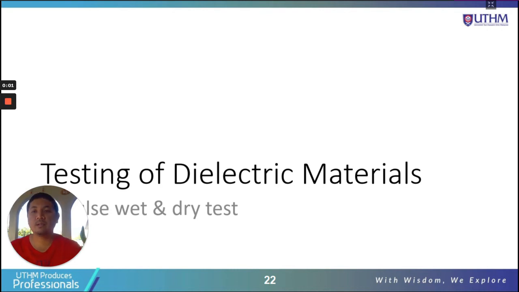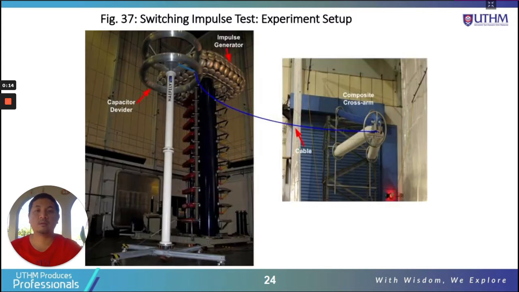Okay, and then finally we will look at the impulse, wet and dry test. So we will use the same setup as before, test on the cross arm, composite cross arm. Same thing, the cross arm is connected to the ground this side, and then this is the high voltage